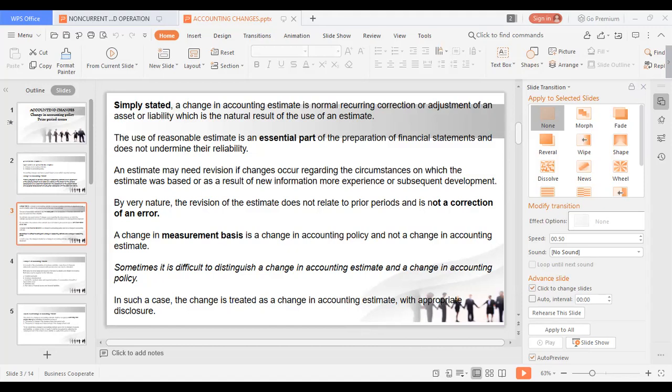So we have prior period error in the statement of retained earnings. That's for the 2020 retained earnings. Then in question number 2, what amount of the development cost should be expensed in 2020? The remainder of the carrying amount of the development cost on December 31, 2020 should be expensed in that